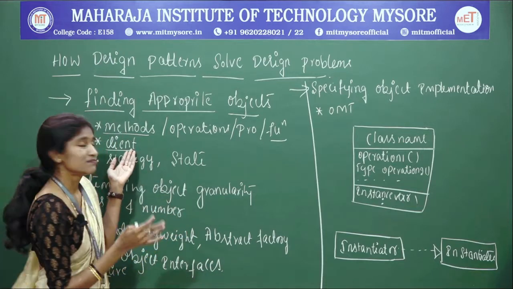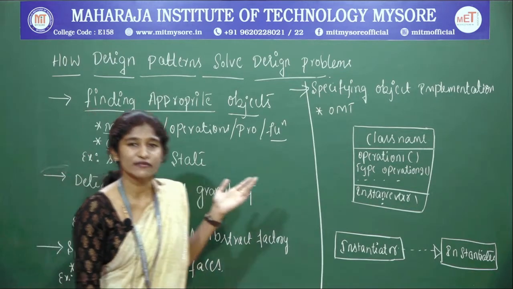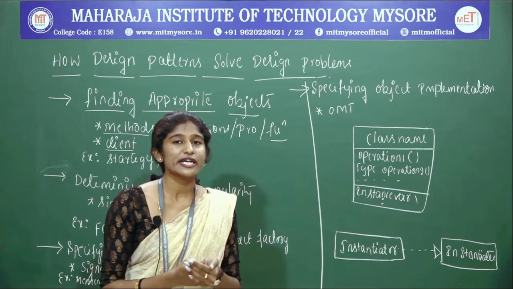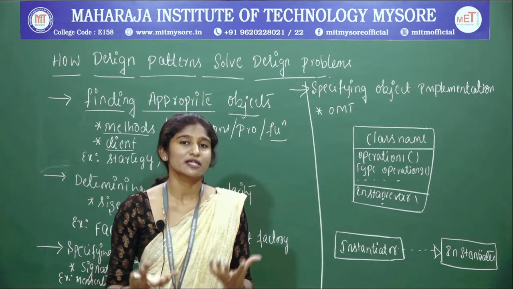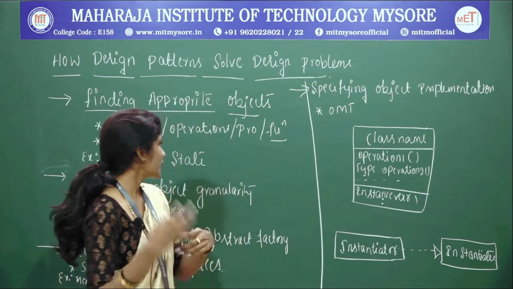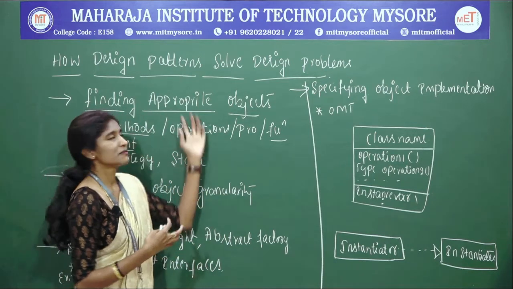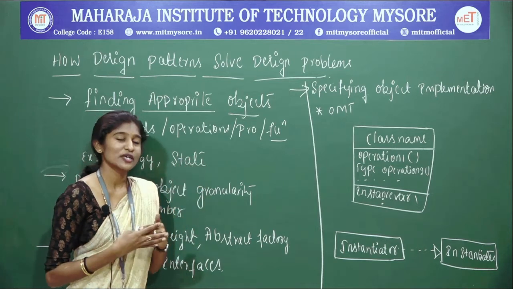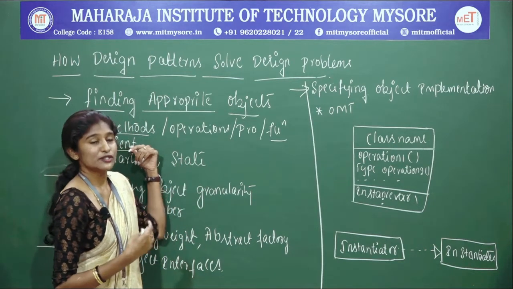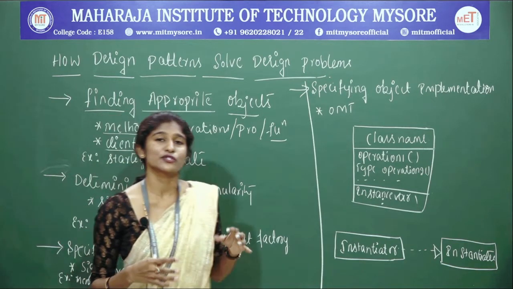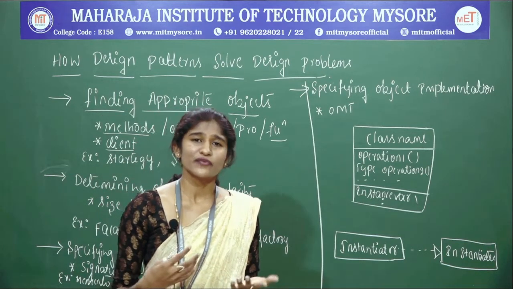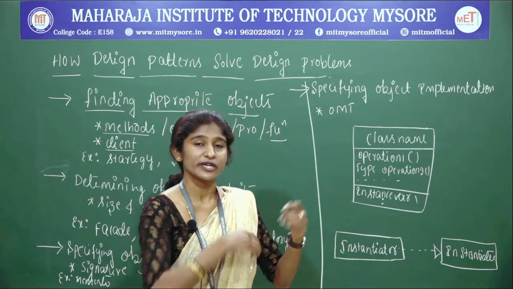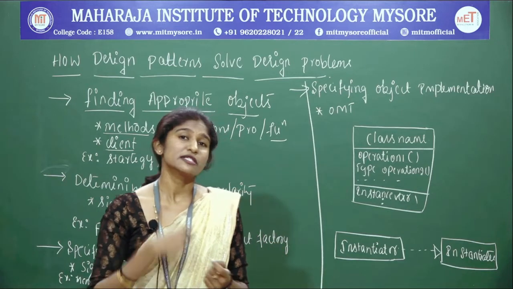Here the client is the person who is going to request the services, right? When this client requests something, the object created within a class is going to accept that client request and perform actions using these methods. Using the methods, it is going to fulfil the request submitted by the client. So here the object is the one who accepts the requests from the client. For example, I may request to display the elements, I may request to traverse the elements present in the list, I may search for an element.